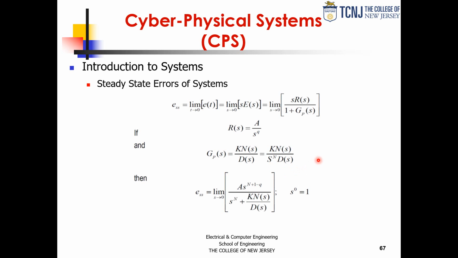If I put that into that expression over here, I get that the steady state error is the limit as s goes to 0 of this expression. And I remember that s to the 0 is 1. So if you do that for the different cases, and the different inputs,